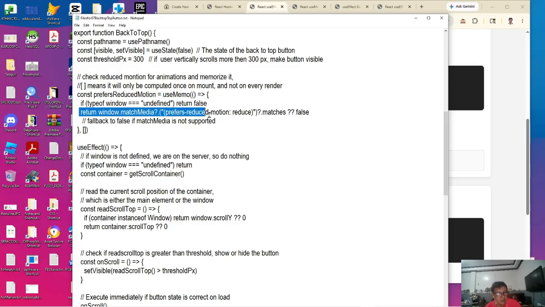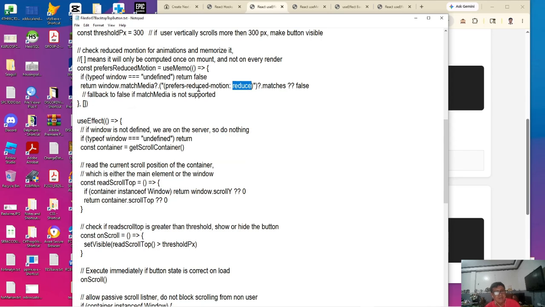We will set it to reduce, and if no such property exists, we will just return false. So if a property called prefers-reduced-motion is found, it will set it to reduce and memoize it so that it will not keep repeating it.